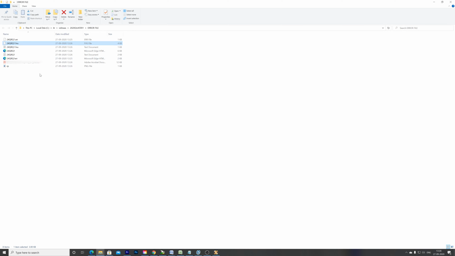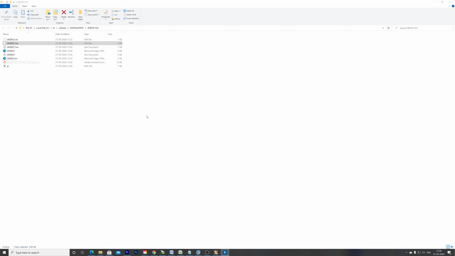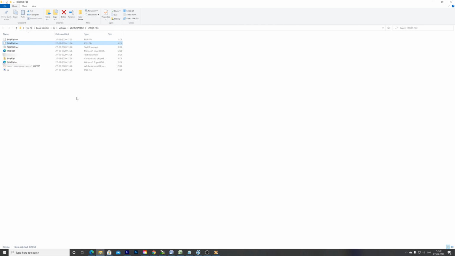A zip file will be created. See, this zip file has been created, compressed.